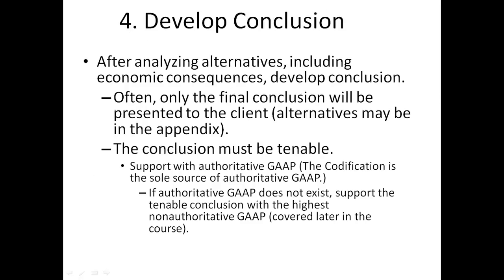Develop the conclusion. After analyzing alternatives, include economic consequences and develop a conclusion. Often only the final conclusion will be presented to the client. The conclusion must be tenable. Support the conclusion with authoritative GAAP. If authoritative GAAP does not exist, support the tenable conclusion with the highest non-authoritative GAAP, which will be covered later